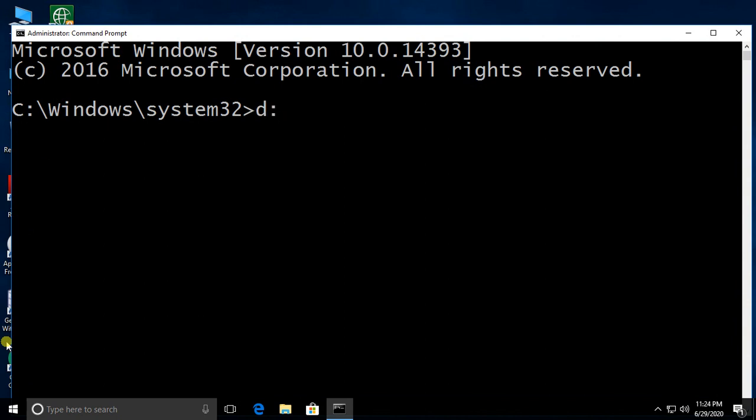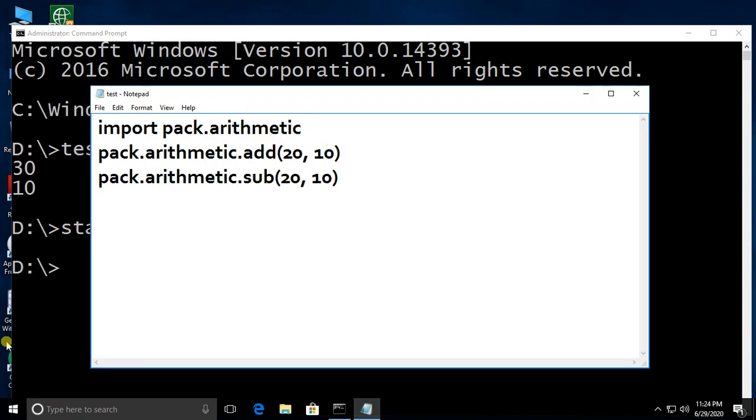Now d:, here now we can run test.py. See, it is executed. I'll open the test.py. You observe, see here I removed system path module, but permanent path I given in the environment variables. Like this we can create packages, we can create modules under packages.